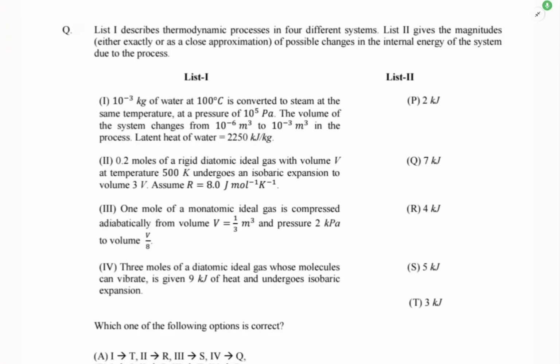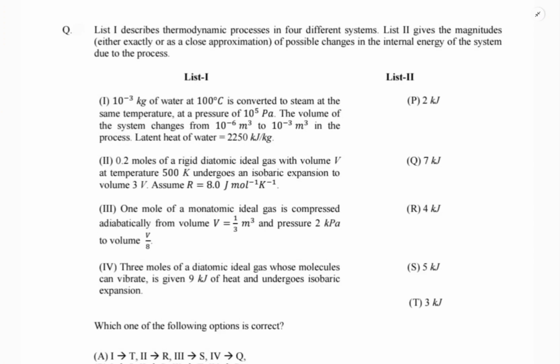So hello everybody, we are dealing with this problem from JEE Advanced 2022 and it is a match the column type problem, and a wonderful match the column because we will be covering a lot of concepts of thermodynamics as well as heat when we are solving this one. So as such we will get to the answer very quick into the problem, but I will try to solve all the four processes which are discussed so that we can revise the entire concept.